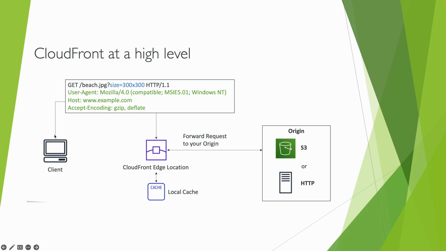Say like person A is requesting data in an S3. So the person requested data in S3, and the data is not available in the edge location. So this CloudFront will pull the data from S3, and it serves the user, and again it will save the data in this local cache. Okay, so once the data is saved in local cache, as we set our TTL for 24 hours,